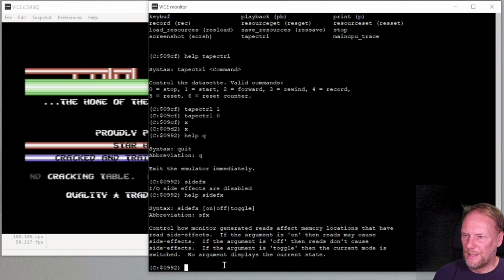Okay, we are soon getting into the breakpoint territory, which is where the really interesting stuff lies, but there are a few additional things that we need to go through first. So record sets up a file or starts recording a file of the commands you type. So if you record my commands,